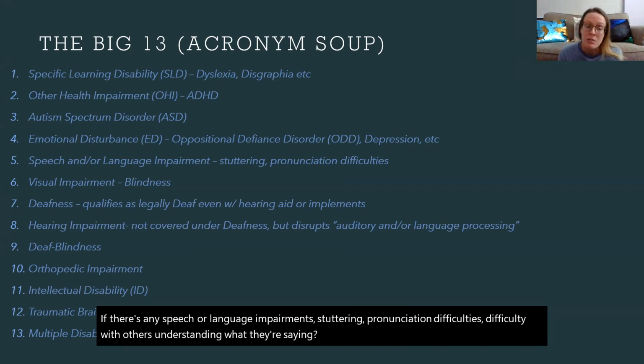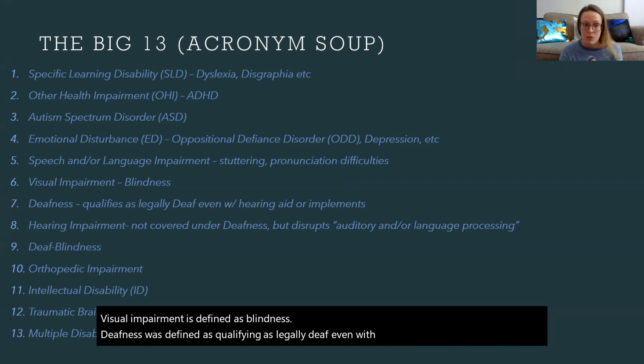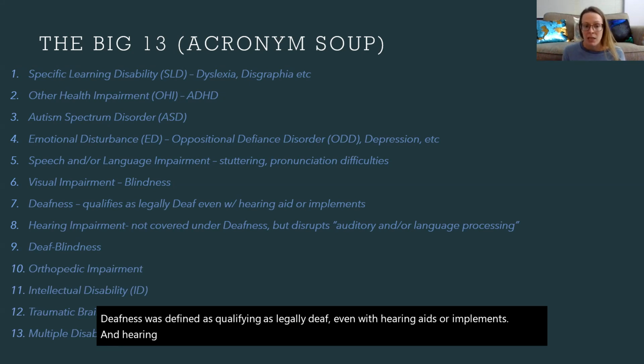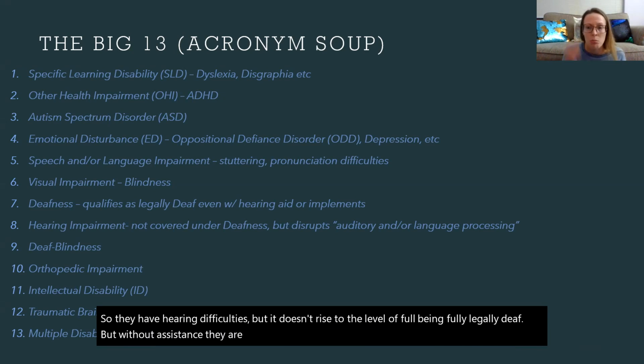Visual impairment is defined as blindness. Deafness was defined as qualifying as legally deaf, even with hearing aids or implements. And hearing impaired was defined as not covered under deafness, but still disrupts their auditory or language processing. So they have hearing difficulties, but it doesn't rise to the level of being fully legally deaf. But without assistance, they are not able to hear or process and understand the lessons as they're being given to